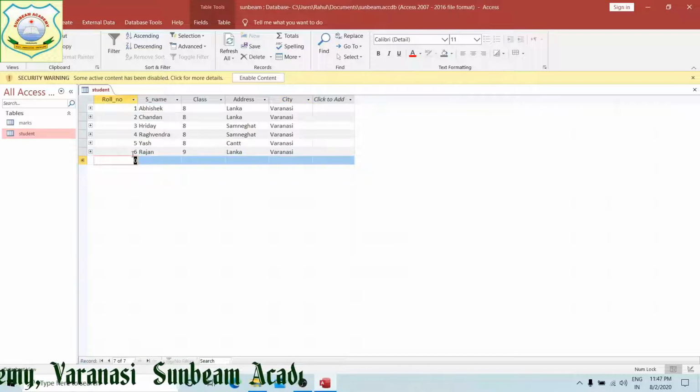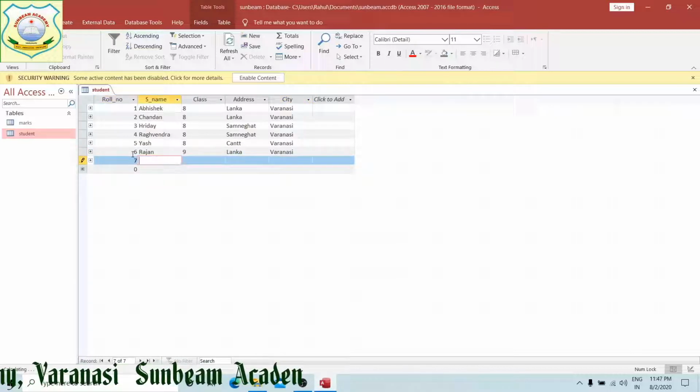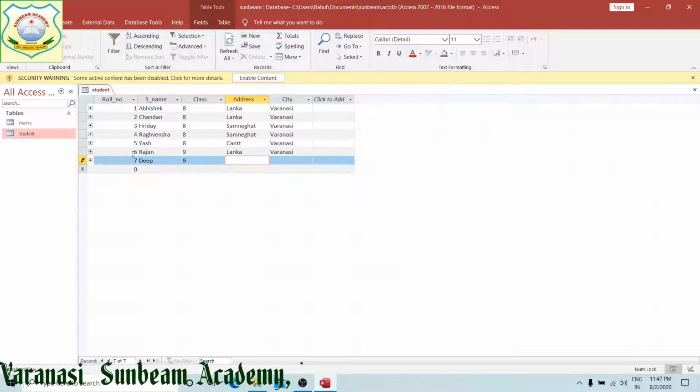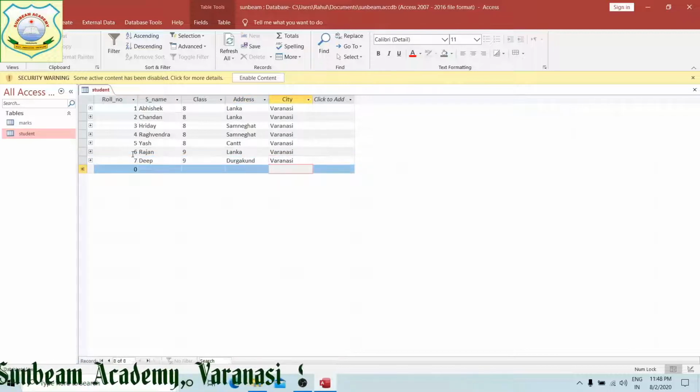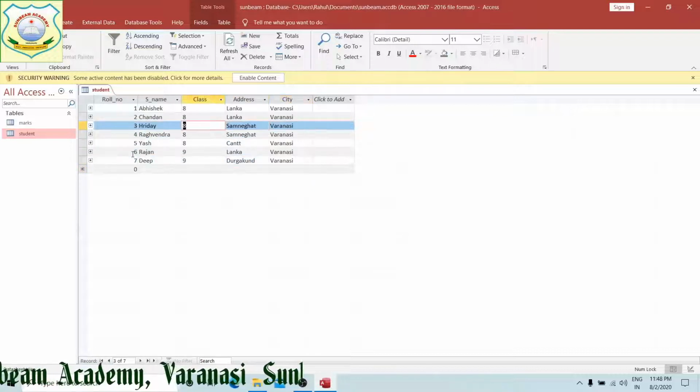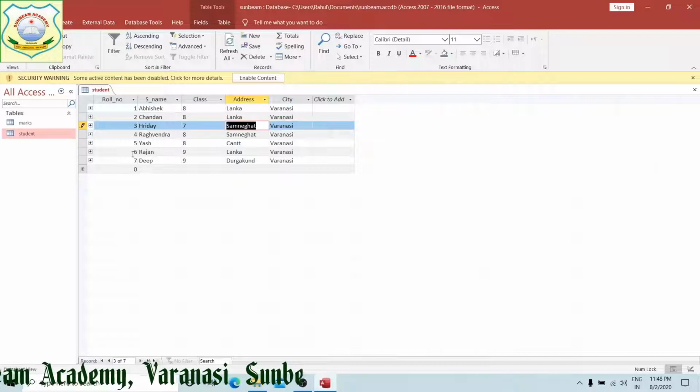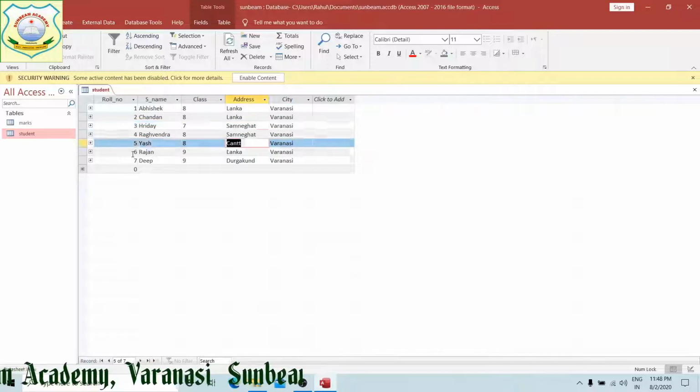A few data I am putting here. 7 roll number, any name I am providing, right? Suppose a few names I have given, a few for class 8, I am going to make it class 7, 7, 8, 9, a few persons' data I have taken.